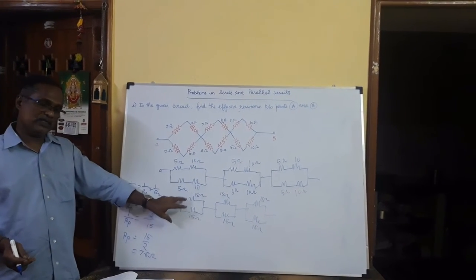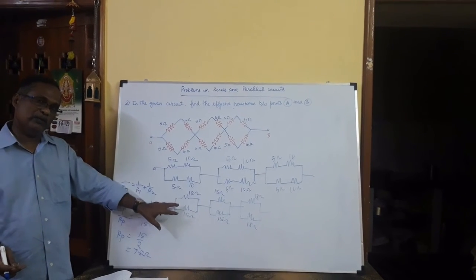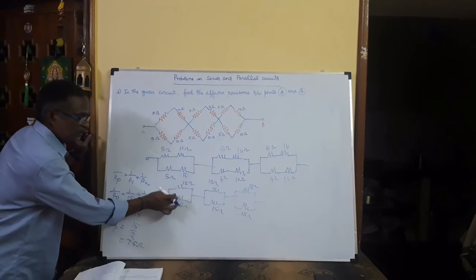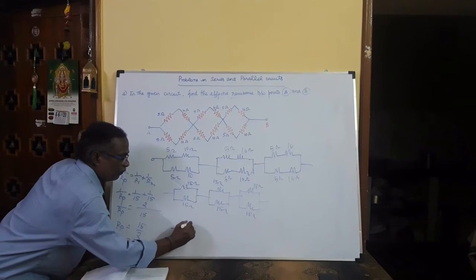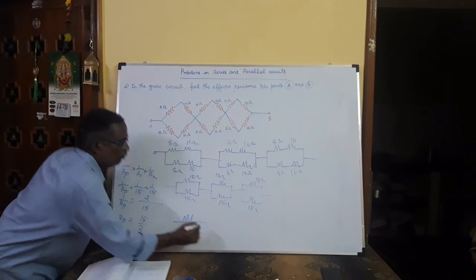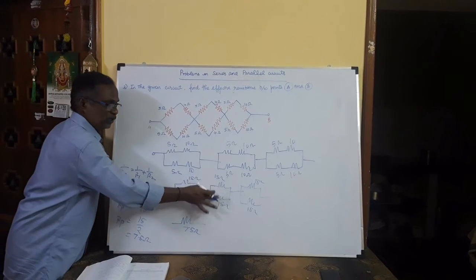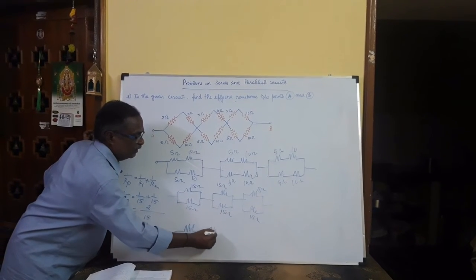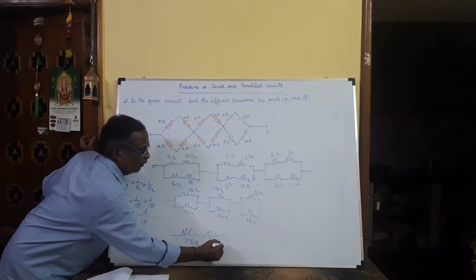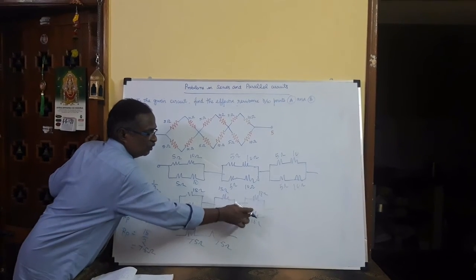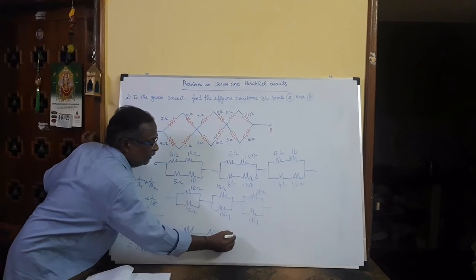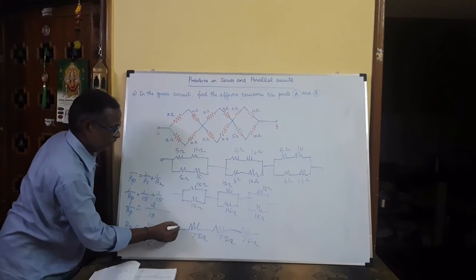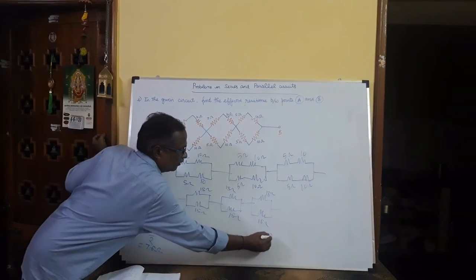If two resistors are connected in parallel and have the same value, its equivalent value is just half of that resistance. So now this becomes 7.5 ohm. Similarly, these two resistors have the same value and are in parallel, so the value is reduced to 7.5 ohm. Then these two resistors have the same value and are in parallel, so the value is 7.5 ohm. Here A, here C.